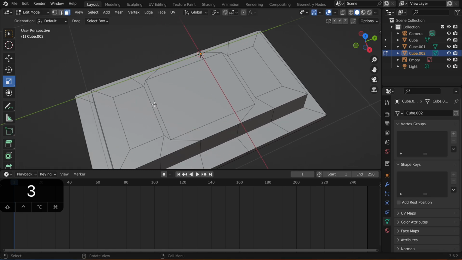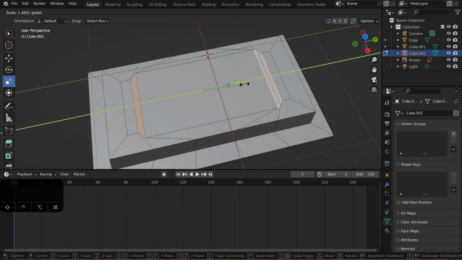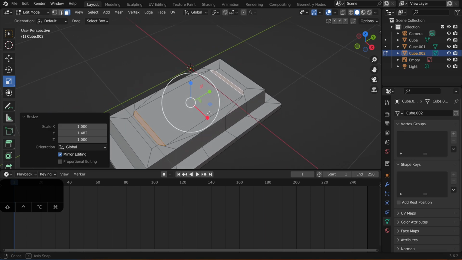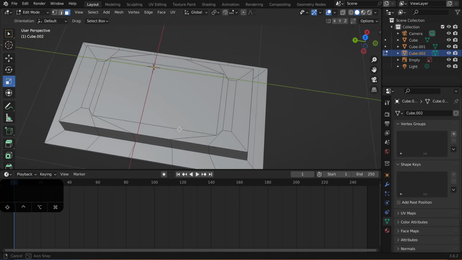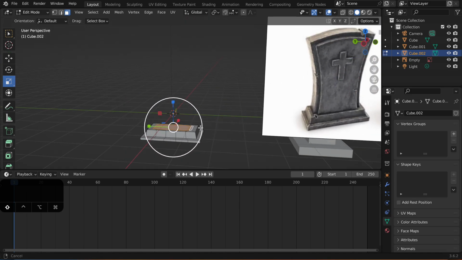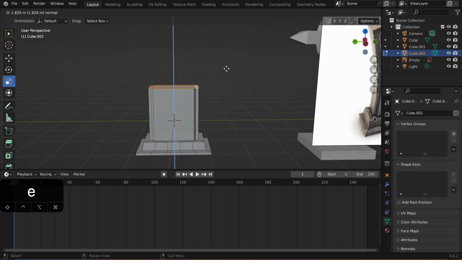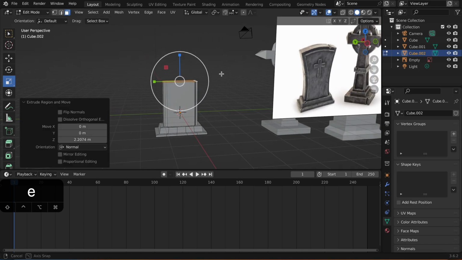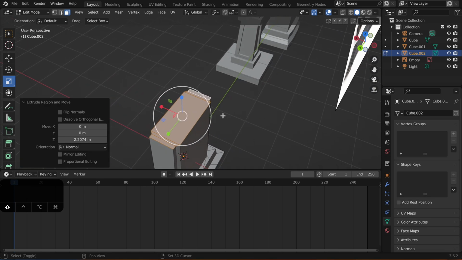I could then grab these 2 faces like this, and I could just stretch that out to something like this. And then we'll have something like that. And then we could just grab these faces here, right? And we can extrude with E and kind of get that going like this. And then when we have that,